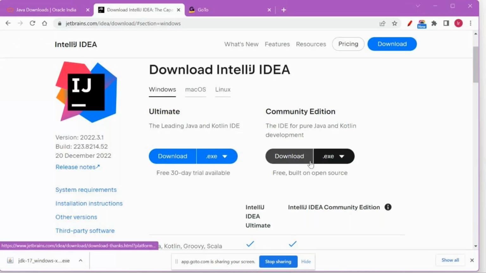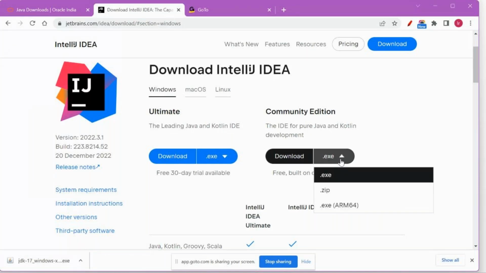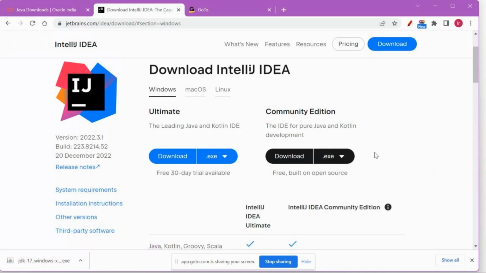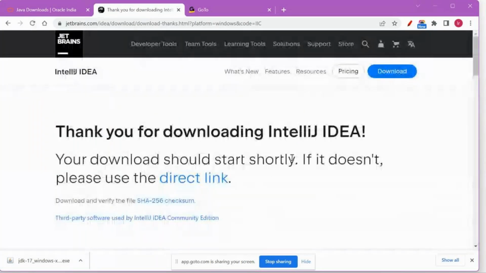You can click on the download button. Again, there are options available, whichever you want, exe or zip file. I'm going to choose exe. Here also I'm going to choose exe, then download it. Once you download it, same thing here, you have to click on the next button. After agreeing with the I agree button, you have to read it. There will be a link, click on it, read the content, then click on I agree. Click the next button, then finally click on finish. So your IDE will also be ready.